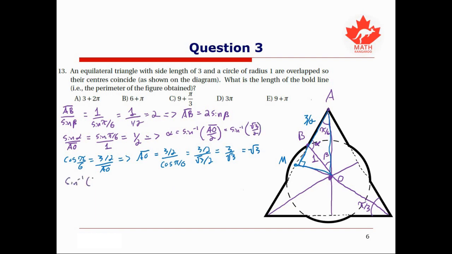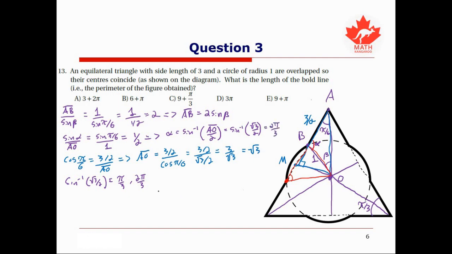but we have to be careful because inverse trigonometric functions always have two answers, namely sine of pi over 3 and sine of 2 pi over 3 both give us root 3 over 2. So how could there possibly be two different answers? Well, notice that there is one other point that has distance 1 from O. That is the other point of intersection of the circle with that side of the equilateral triangle. So comparing these two angles, we see that alpha must be the larger of these two,